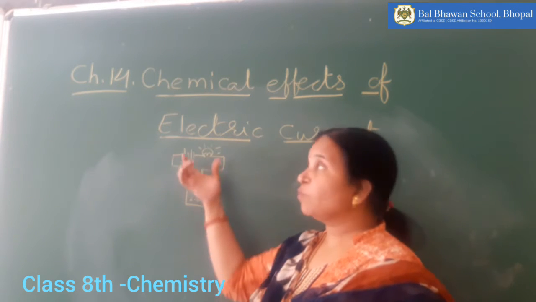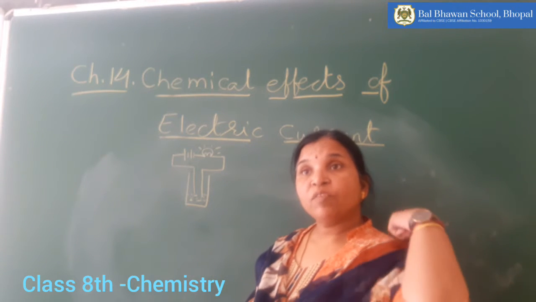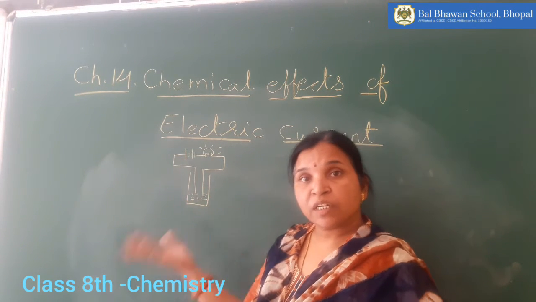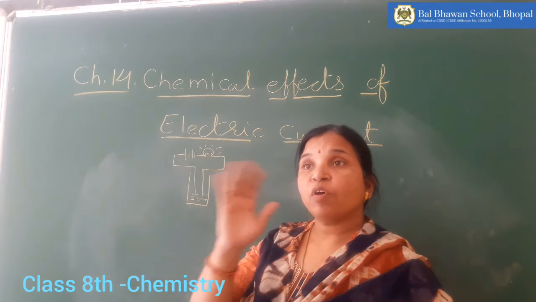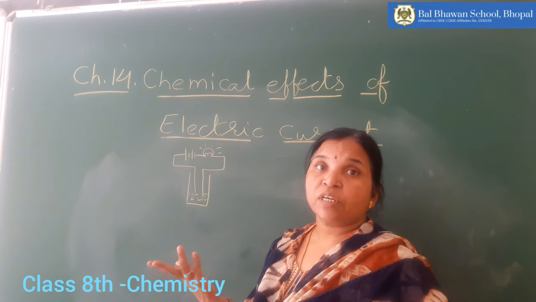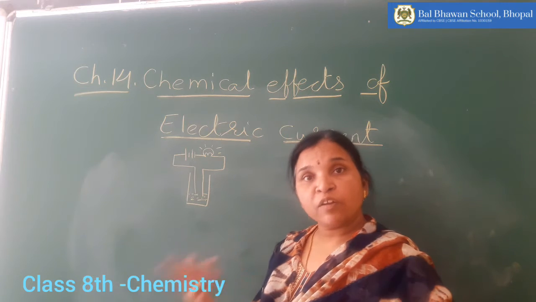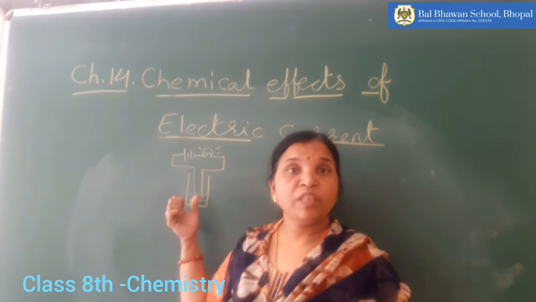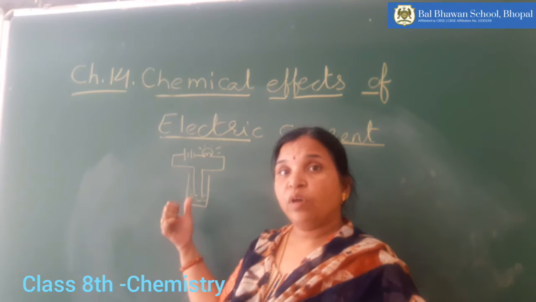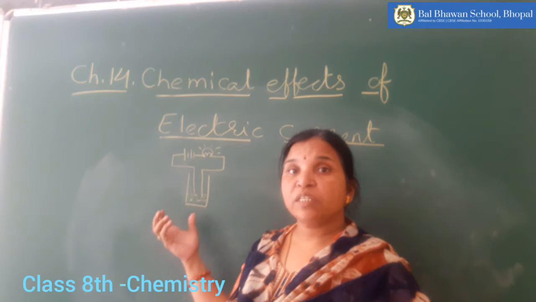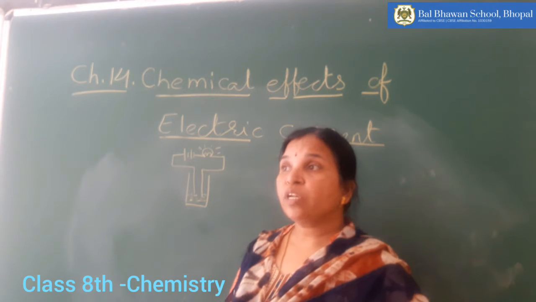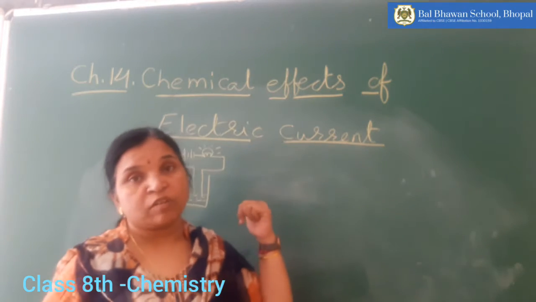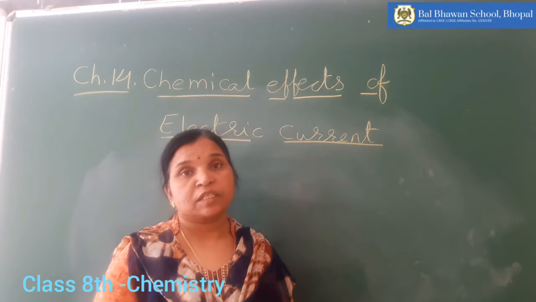Under this heading of chemical effect of electric current, we will try to understand why certain liquids are able to conduct electricity and why some liquids do not conduct electricity, or current is not passing through them, or what products are formed when the current is passing through the liquid. All these things we will be discussing in this chapter. Not only this, where we use this effect of electric current, that also we will be discussing in this